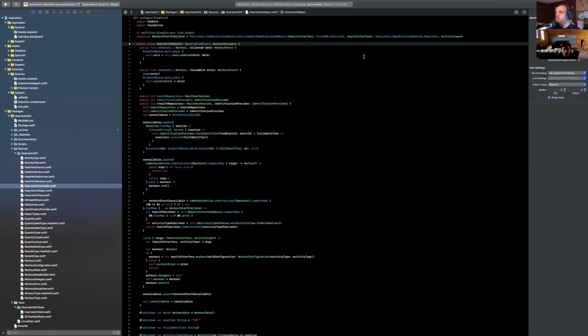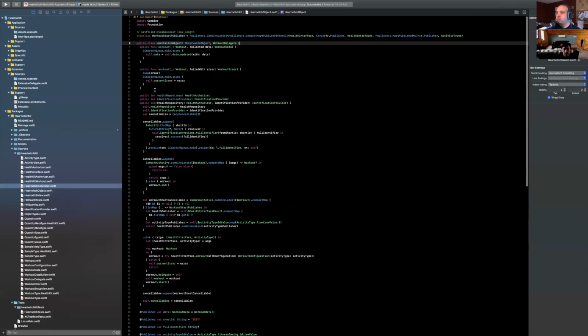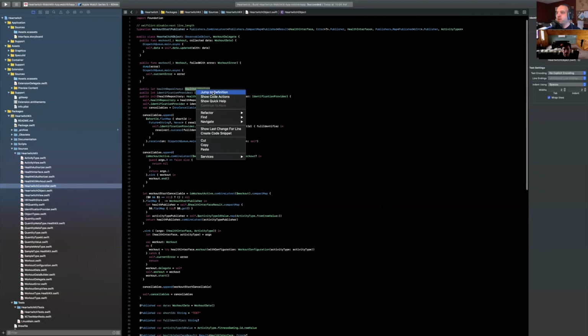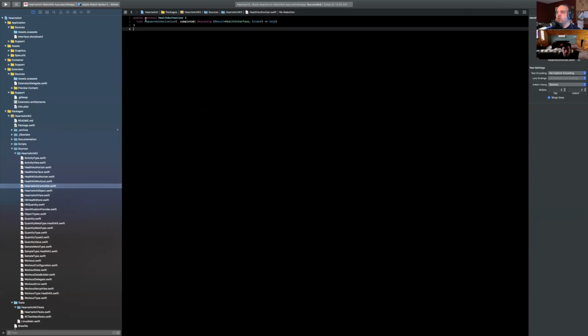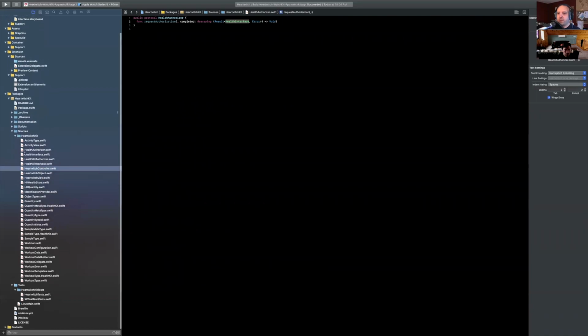So we have something called Health Authorizer. You can see here, request authorization, no reference to HealthKit, right? And then health interface, still no reference to HealthKit. You're noticing I'm not doing anything with HealthKit really yet. But then when I implement Health Authorizer, I have a separate